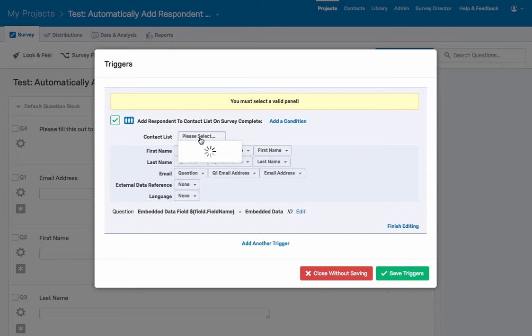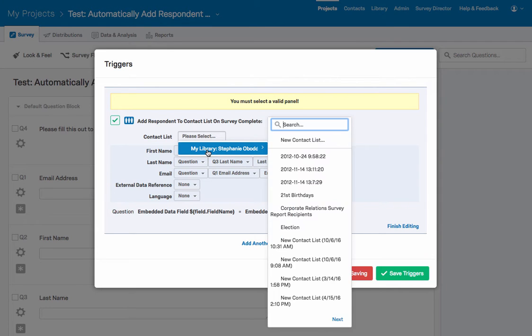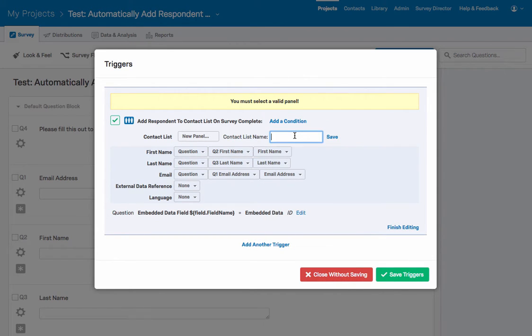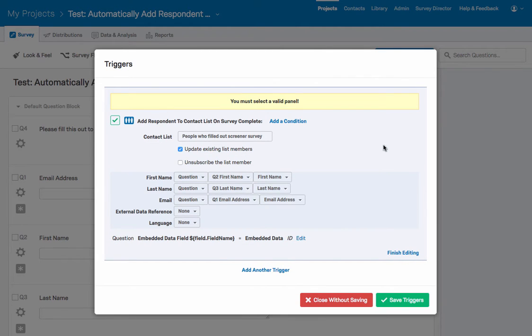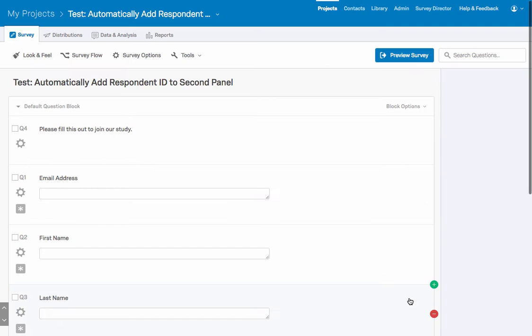Oh, I have to actually choose what contact list I want to add it to. So I could create a new contact list. People who filled out screener survey. Here we go. I'm going to save this. Okay, so now